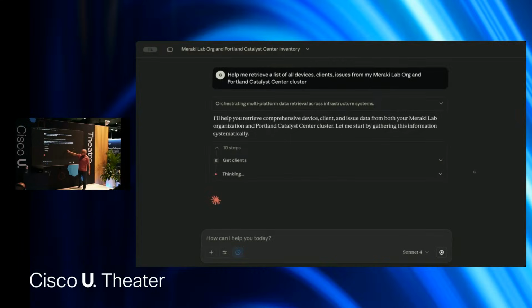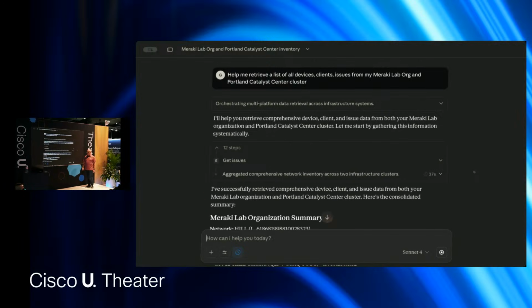So we can see here all the steps it goes through. Now it's step 10 while I was talking. And this is, by the way, real time. I didn't speed up the recording or playback. This is real time, how it will collect all the information. Takes a couple of minutes and gives me everything. If I'm looking for a specific device or a specific client details, would go through the same process, but will provide me all the details, maybe only about that device or client or issues.